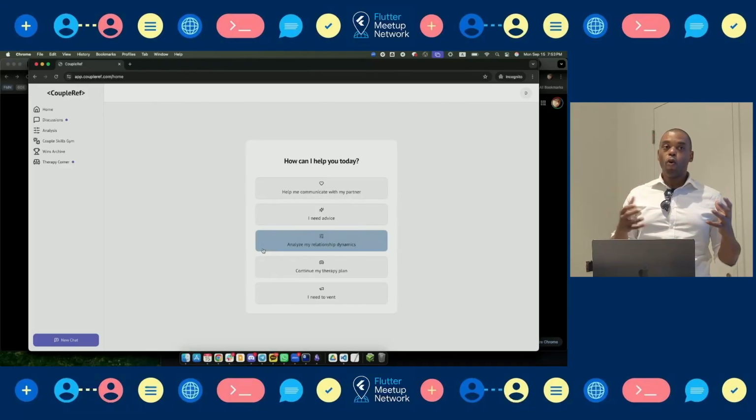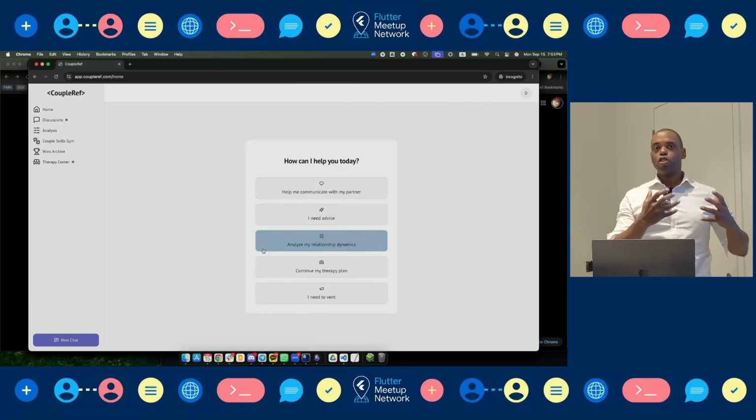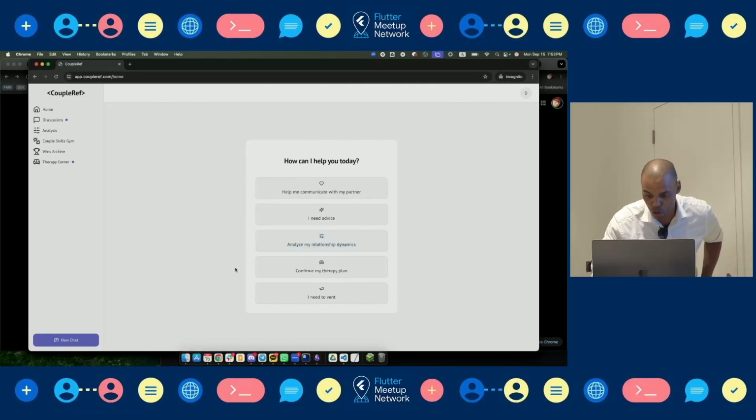And or you can even focus on specific skills like how to talk nicely or empathetically to each other, how to listen. And the more you engage, the more personalized your experience gets, because it's building a profile of you in the background, and it uses your chat history, your reports, all the different ways you engage to develop personalized therapy for you. So you may come in, and this is some of the options.